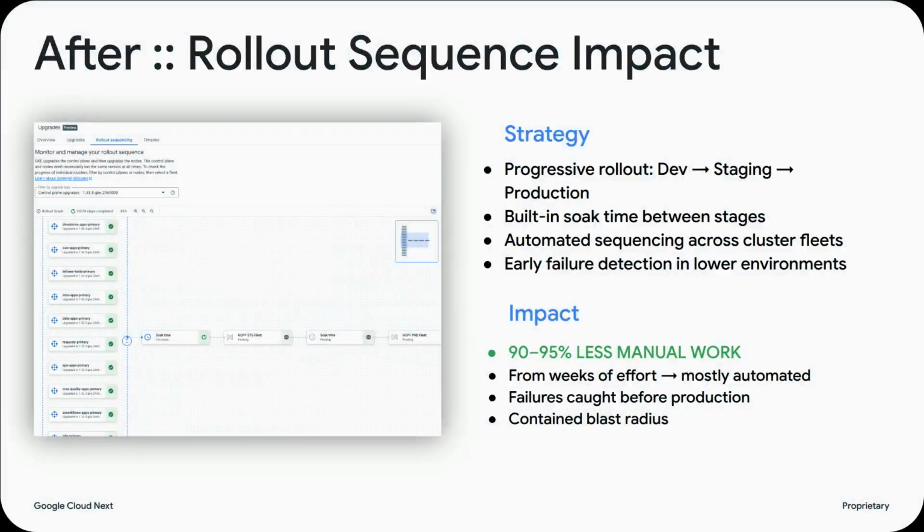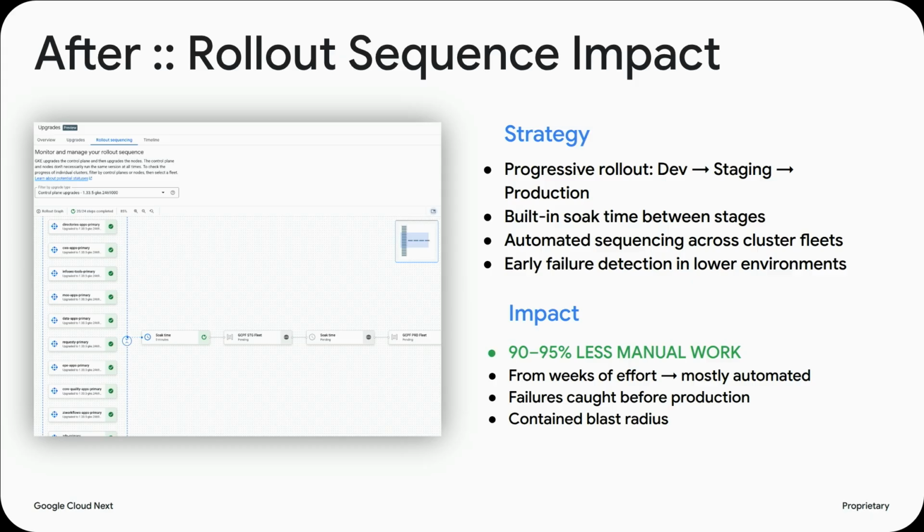And now we're going to the solution to all these pain points. Now we have a standardized process. We can implement the strategy. We can have dev rolling out, receiving the new version from the release channel.